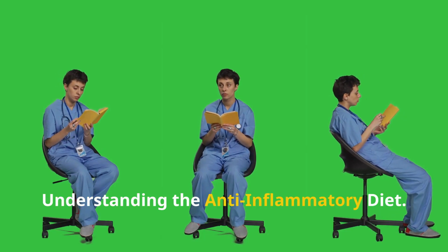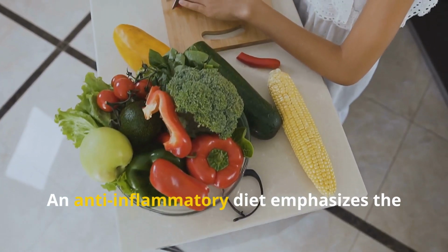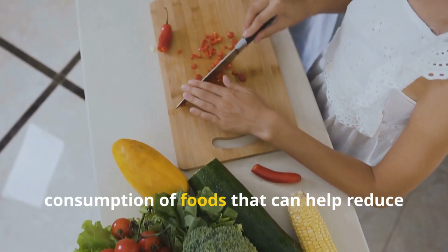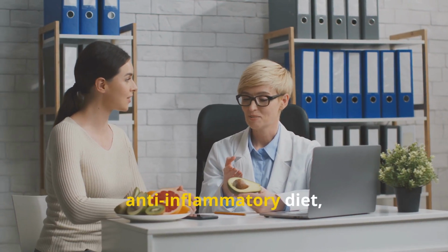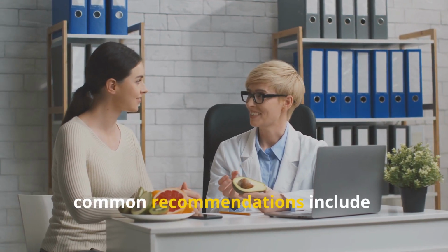Understanding the anti-inflammatory diet. An anti-inflammatory diet emphasizes the consumption of foods that can help reduce inflammation in the body. While there isn't a single prescribed anti-inflammatory diet, common recommendations include: